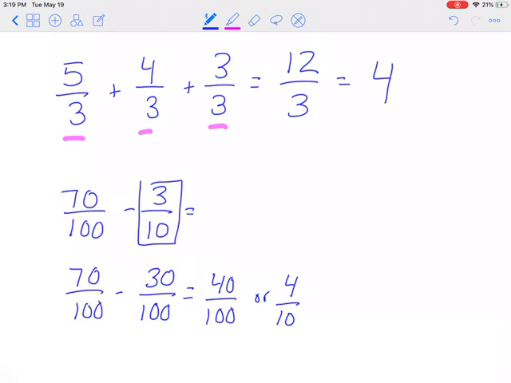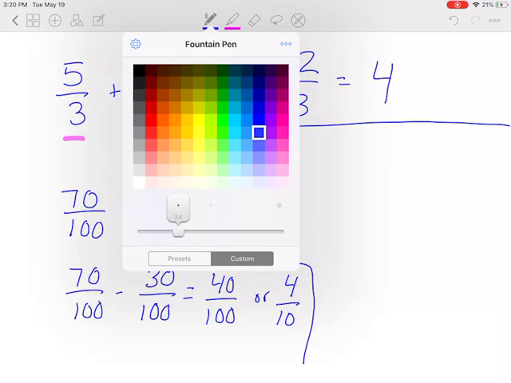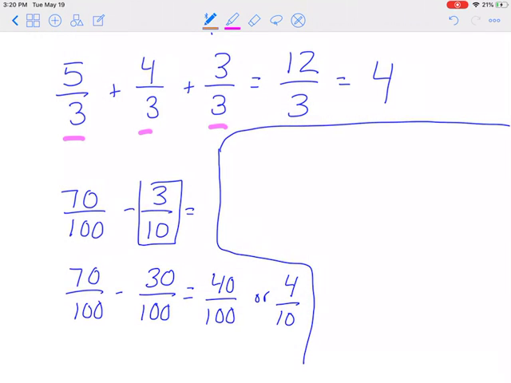Okay, last one. I'm going to try to block this off so you don't get confused. Maybe I'll change my color. Let's go with orange. 5/4, an improper fraction. 8/4, another improper fraction. 3/4 plus 9/4. So now if I just added 5 plus 8 plus 3 plus 9, I would get